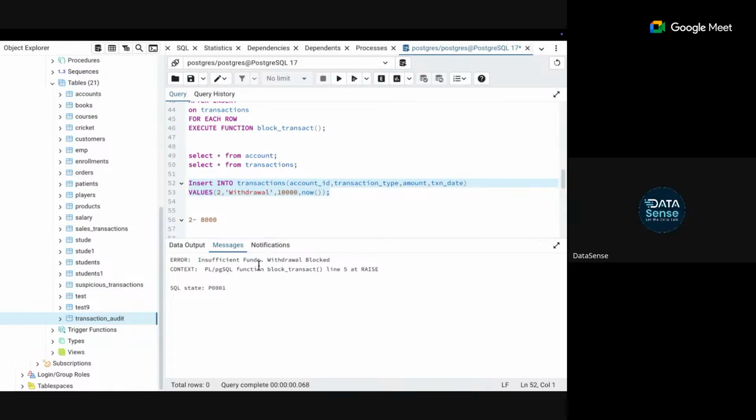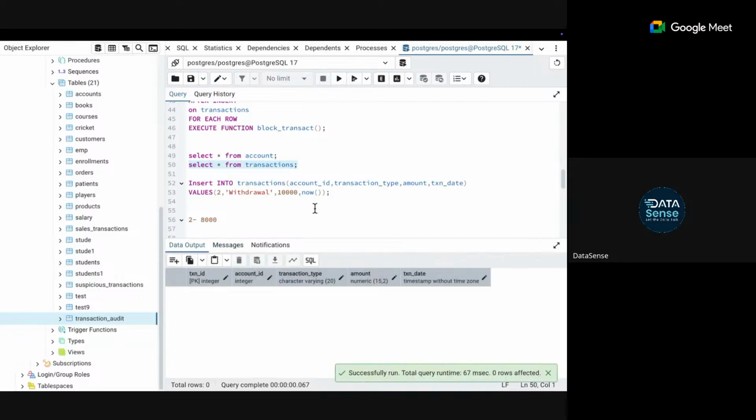Declined. So insufficient funds, withdrawal blocked. Okay. Withdrawal blocked. The error has been raised. Okay. Now if I run into this account,